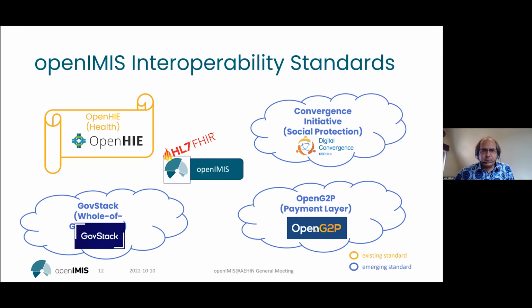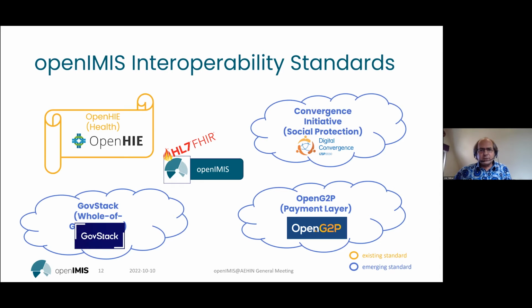I talked about the interoperability layer. We are aiming at different playgrounds. What you see on the top left is basically the health scenario in the OpenHIE context. Here we are heavily relying on HL7 FHIR, and that's an existing standard that is already established. So here we are already quite firm.